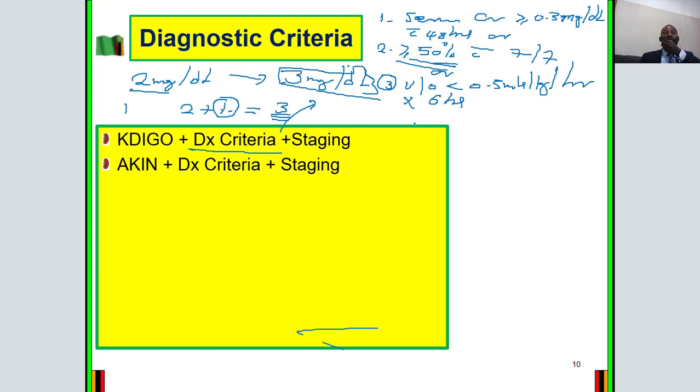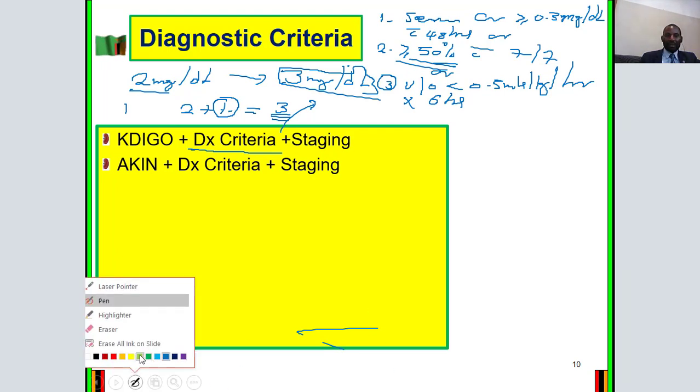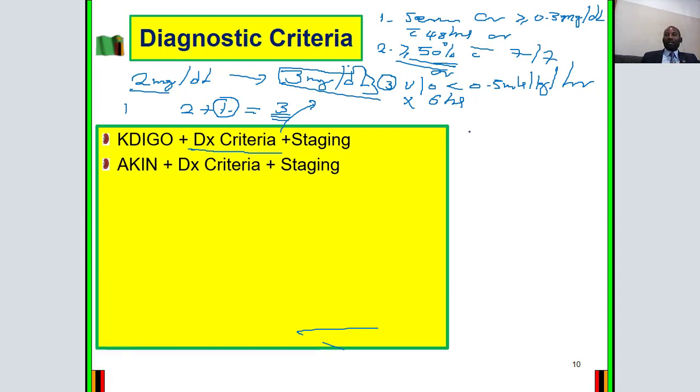Let's go to AKIN. What is AKIN? That is Acute Kidney Injury Network. Acute Kidney Injury Network. So what's the diagnostic criteria for Acute Kidney Injury Network? Okay, so let me change the color of the pen. Okay, what is the diagnostic criteria? So the AKIN. Okay, so number 1